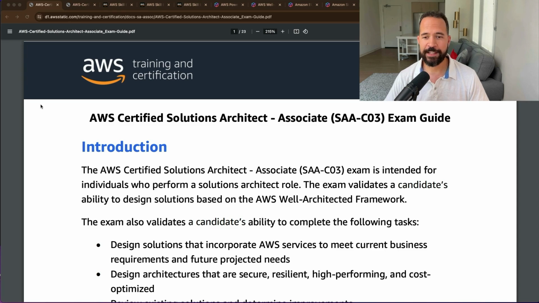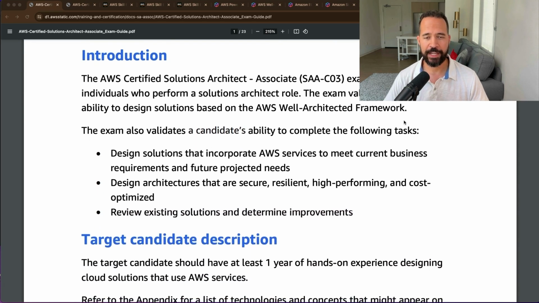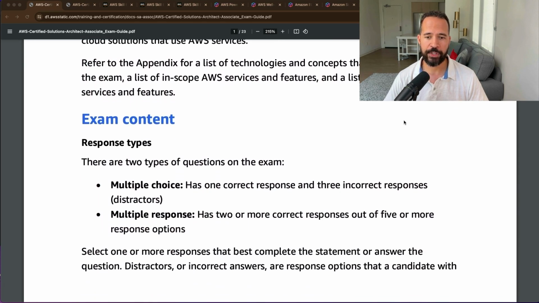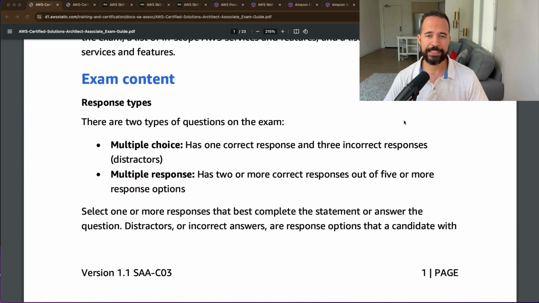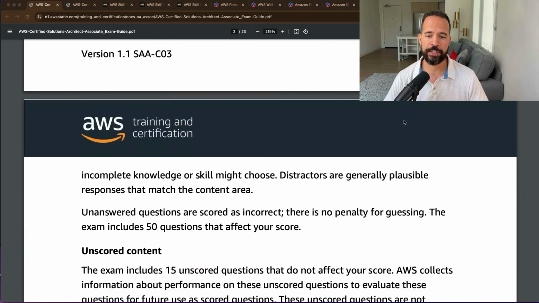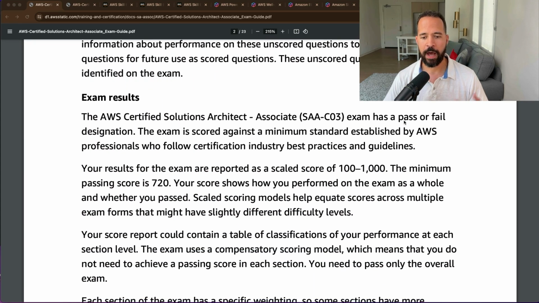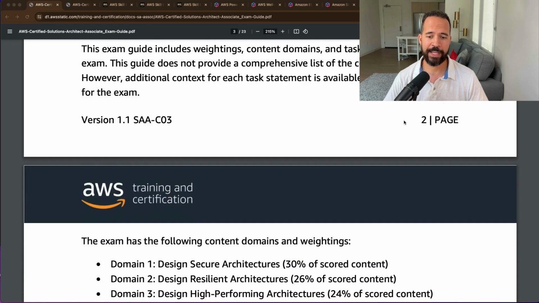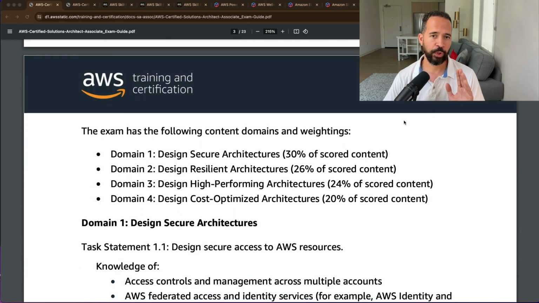First up is the AWS Certified Solution Architect Associate Exam Guide. Every AWS certification exam guide is literally step one. This is the map that gives you an introduction of the certification, describes the target candidate, goes over the exam content that you can expect and the format of the exam, and talks about how the exam results are tabulated. It talks about the content outline, which is super important, and where you really want to pay attention